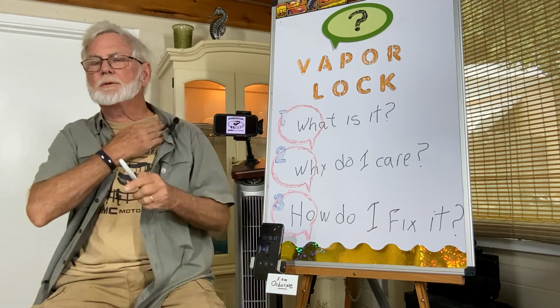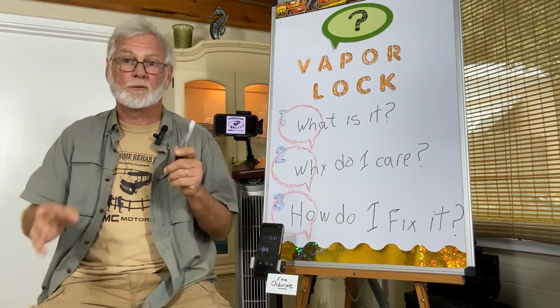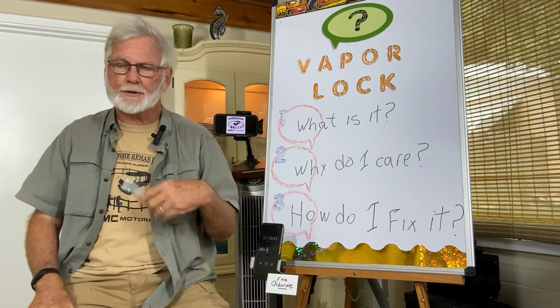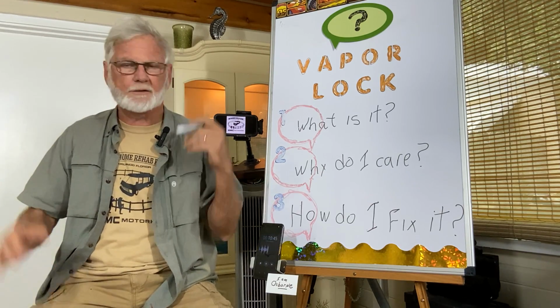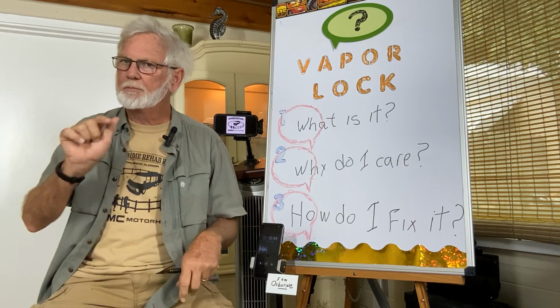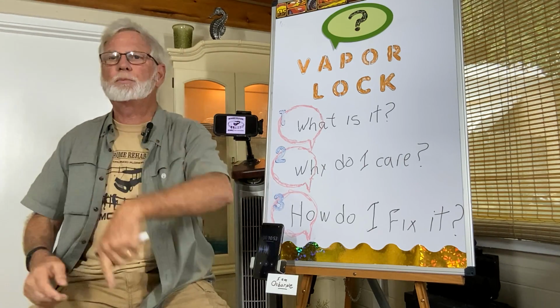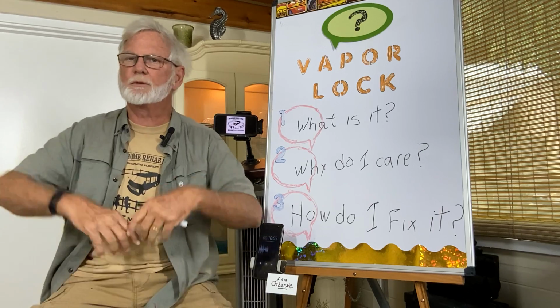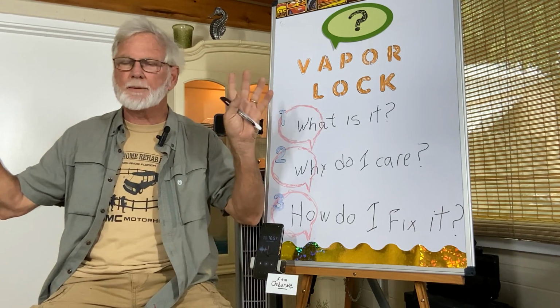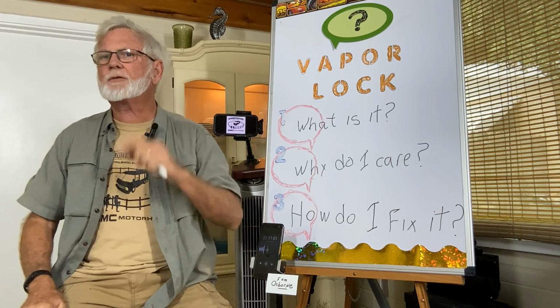So that pump, when you push that auxiliary button, can be used several ways. One, if you have a vapor lock, you pull out of a toll plaza, it's really hot as blazes, and it starts to buck, push that auxiliary fuel button, the pump kicks in, pressurizes the fuel, pushes the vapor lock through, and you're off and running. Run about 20, 30 seconds, get it all done, turn it off,